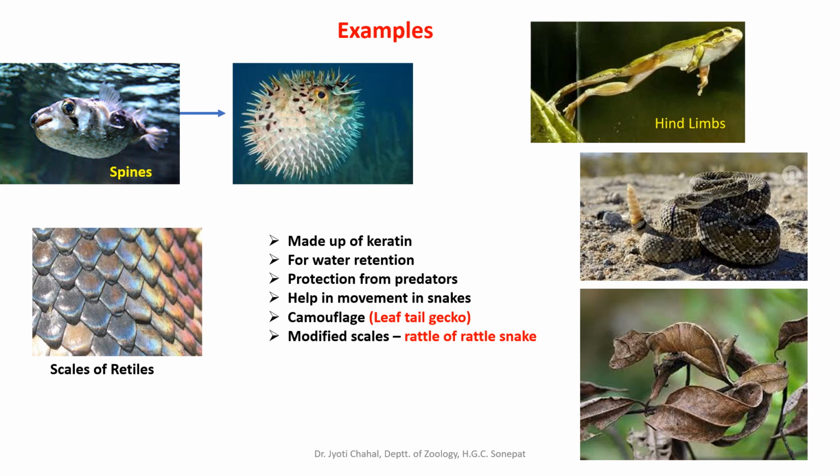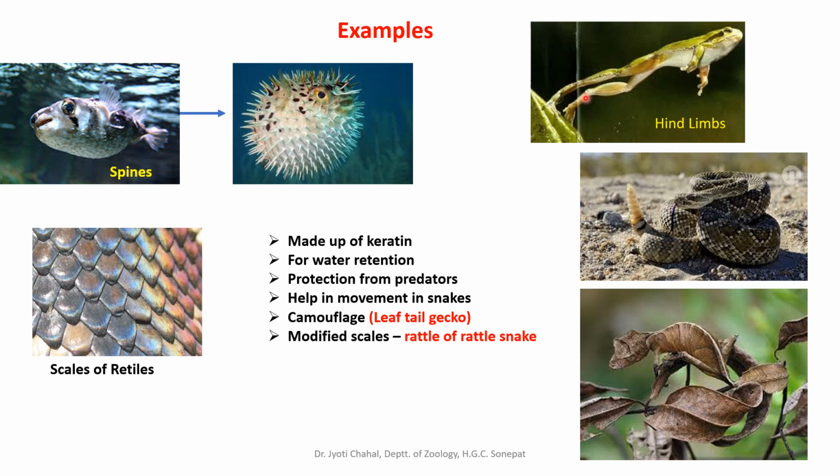Okay, so next are a few examples which clearly show the importance of studying functional morphology. Now here is a fish which is termed as porcupine fish or Diodon. It has spines. Whenever it sees any predator or any danger, it will inflate by engulfing lots of water and filling that water into its stomach, and it will inflate like a ball, and its spines will be erected on its surface. So it will be a spiny ball-like structure, and any predator will not dare to attack it. So it's beneficial for this fish, and that is its morphology that serves a function. It is the morphology of these spines which performs a protective function.